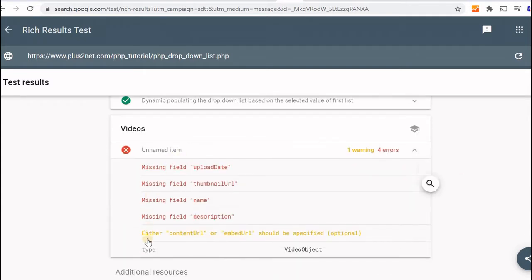Now I realize that these 4 or 5 values have to be given. All of these values are available with YouTube only. You just have to fetch them and create a template or code. So we'll see how we'll do that.